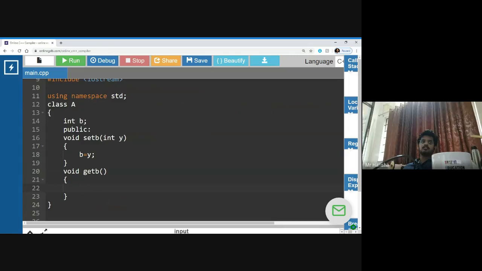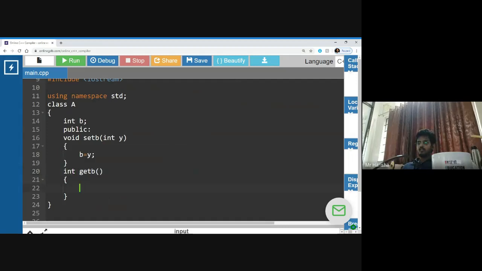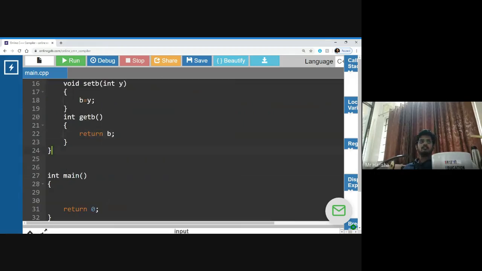Because I want to call these functions using cout, I cannot write void, since then I cannot return anything. So I write the return type int for get B, and I return the value of B.